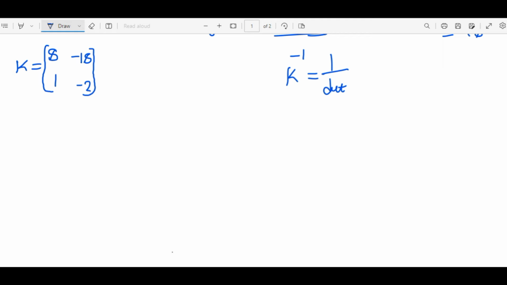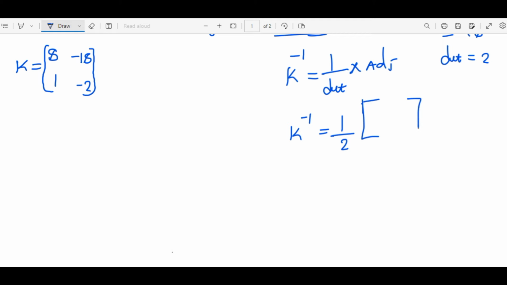So for you to find the inverse, you need to have the determinant. But in our case, the determinant is given, and it is equal to 2, multiplied by the adjoint. Now what is this adjoint matrix? So 1 over the determinant, which is given as 2, times